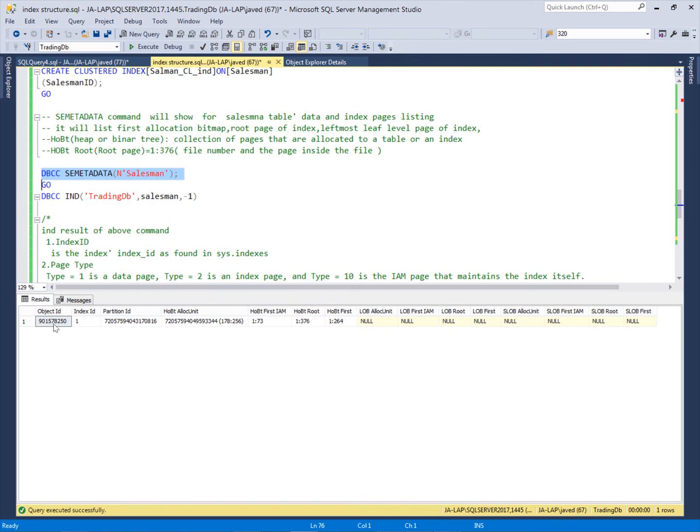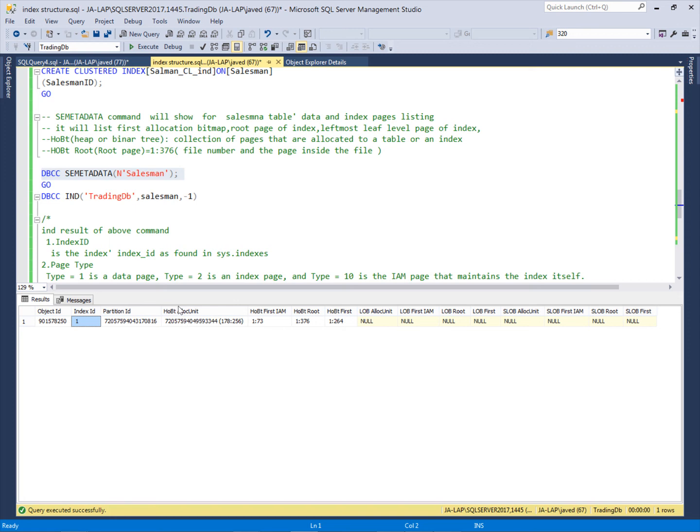This is the summary: this is the object ID of the salesman table. We are checking the metadata for the salesman table, and the salesman table has the clustered index, and this is the index ID for the clustered index, and the partition ID, and then the HOBT allocation unit. HOBT is the abbreviation for heap or B-tree.